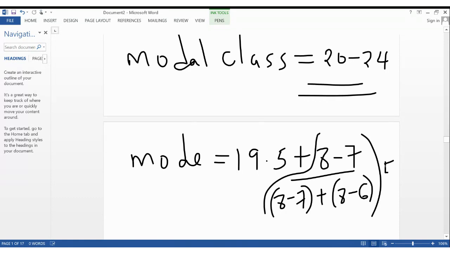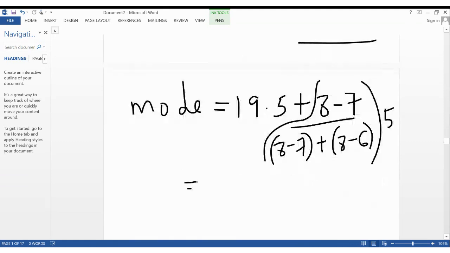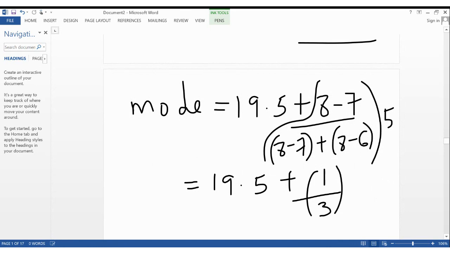If you simplify, we are getting 19.5, and then on the numerator we shall get 1, 8 minus 7, that is 1. 1 plus 2, that is 3, and then the whole of this times 5. If I proceed, I get 19.5